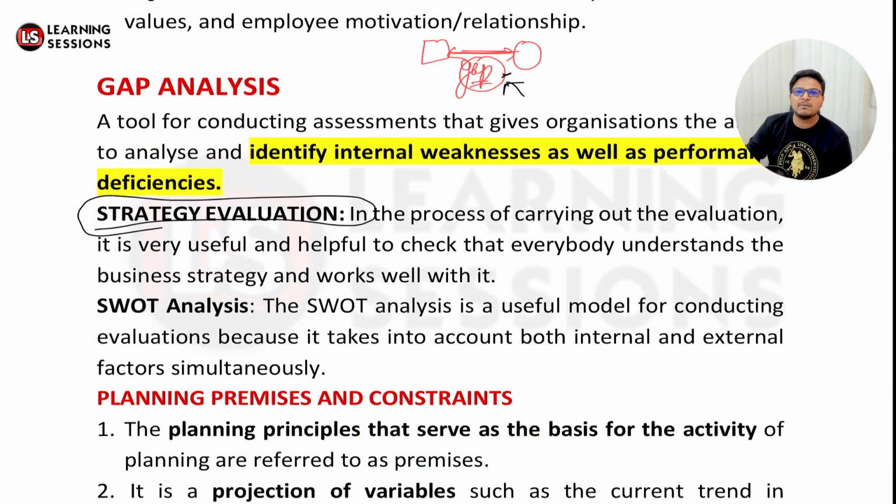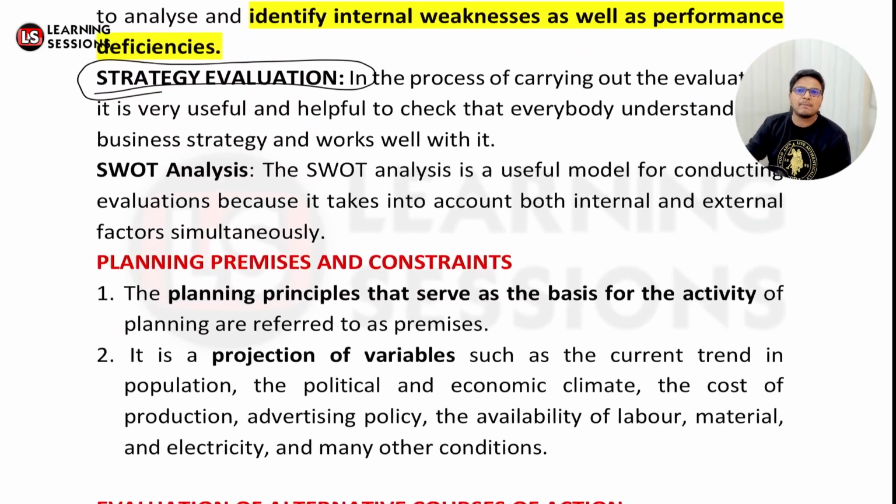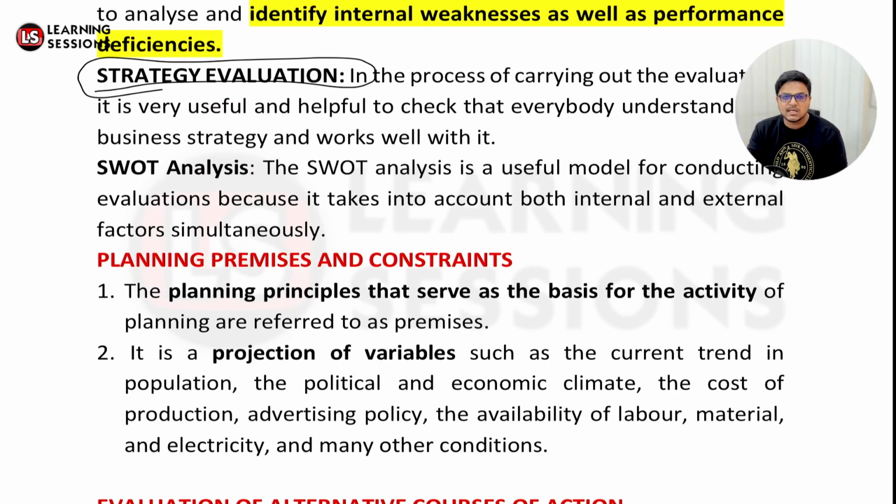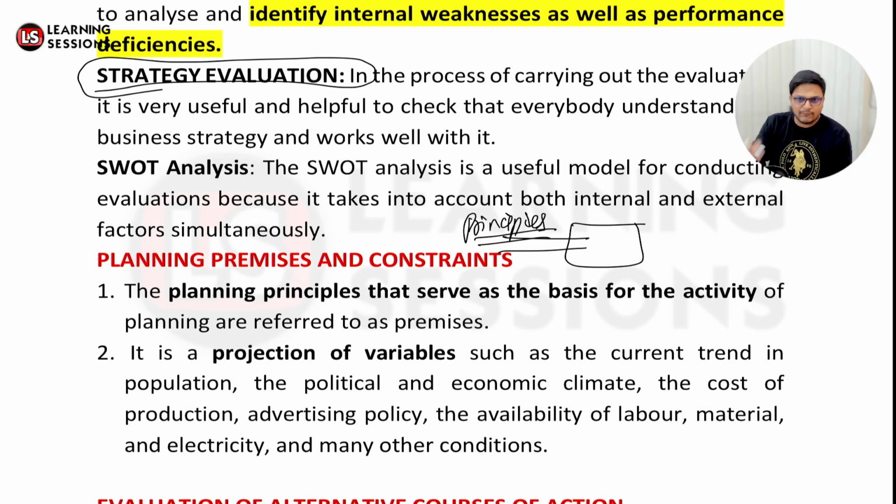Now let's have a look at the planning premises and the constraints. What do you mean by planning premises? Planning premises means planning principles. Now, what principles, what strategies were we following so as to serve the best of the activity planning? Like, I was to do some activity, and what principles was I looking for, that this must be planned in such a way only. Now, basically, if I want to be rich, I can be rich in a lot of ways. I can rob a bank, right? I can rob a bank, but definitely that's not the principle I'll be following. So it's related to what principles led to some particular strategy. Those are the planning premises, right?